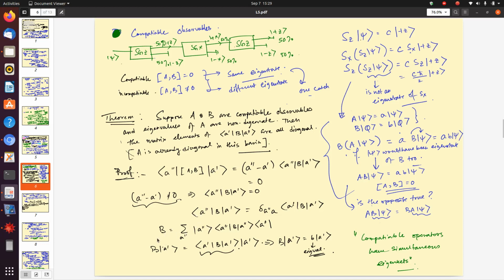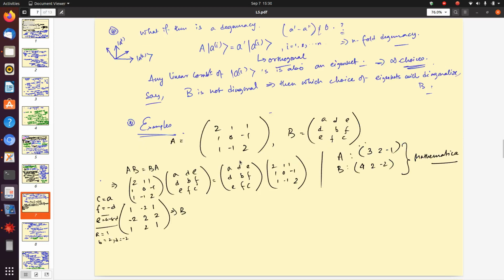So how do I write down B now using the resolution of identity? I can just write it down like that, but it will be diagonal, because it is a diagonal operator, so both of these A primes will be the same. Now if I act this B on A prime, I can show very simply it is a scalar times A prime, which means this is like an eigenvalue which I call B, and that eigenvalue is nothing but the diagonal element of the B operator in the A basis.